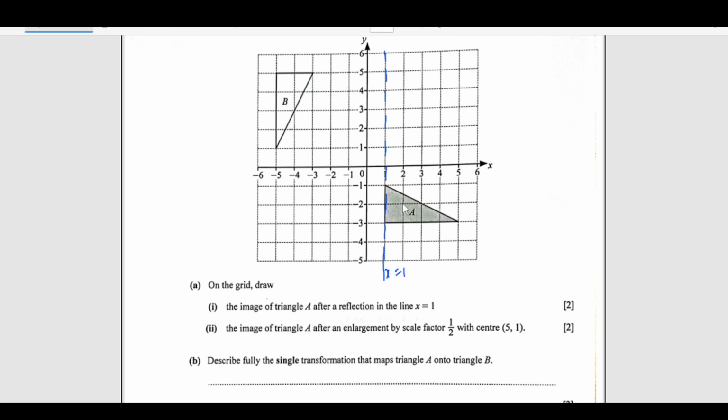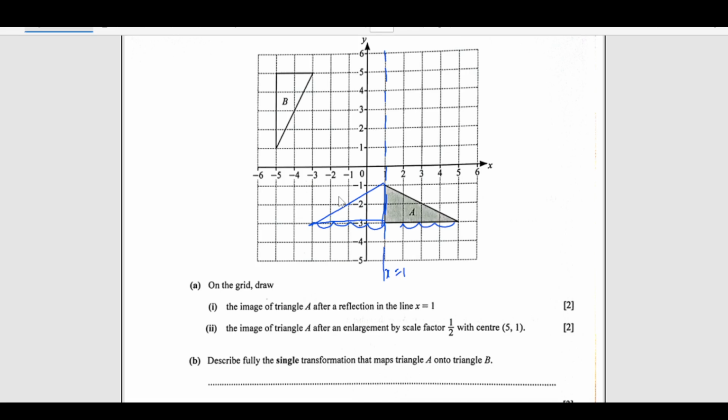This is going to be, you see, 1 2 3 4 squares. So 1 2 3 4 squares. So this point will come over here. Because the mirror line comes on the same point as one side of the triangle, it will look like